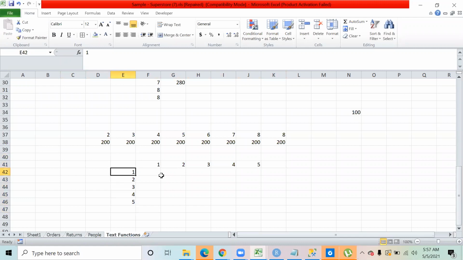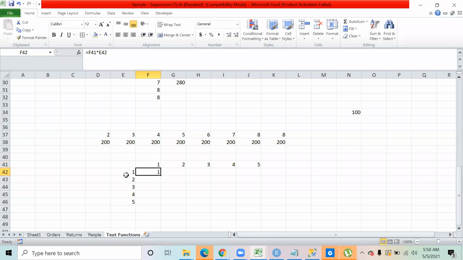You have to write one single formula that multiplies this number by this number. You have to just play with the freezing. If you are able to do it, that means you have understood the concept of freezing.